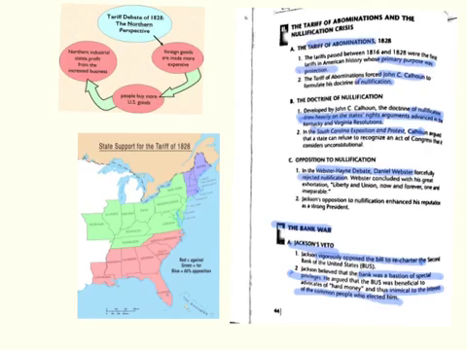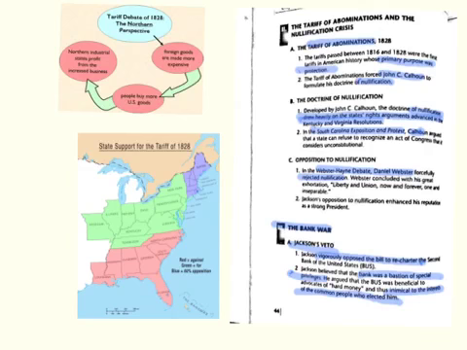So as this tariff begins to be argued, the main name that you need to know with regards to opposition to it is John C. Calhoun. And the reason for that is he comes out with a philosophy or a doctrine called nullification, which basically means a state can refuse to recognize an act of Congress if it considers it unconstitutional. Okay, so one, he thinks that this tariff is unconstitutional. Two, he doesn't like it because it's at the expense of the South from his point of view, so he's going to come out and be against it. In opposition to him is Daniel Webster, who is from the North and rejects nullification in his Webster-Hayne debate.